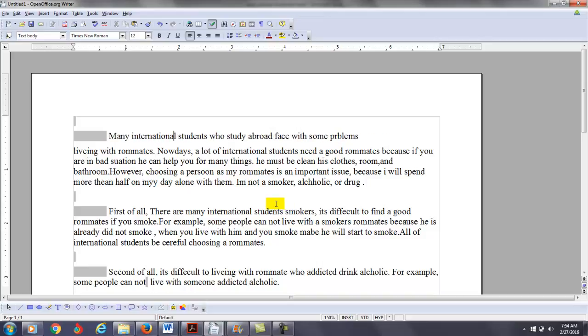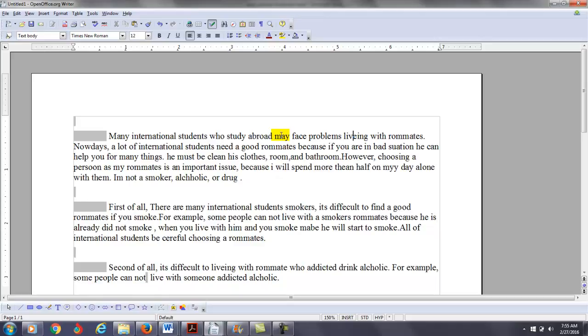So many international students, getting rid of there are, just say study abroad. You can say who study abroad, face. How about this? Say, create a little less assertive tone. May face problems living with roommates. Nowadays, a lot of international students,